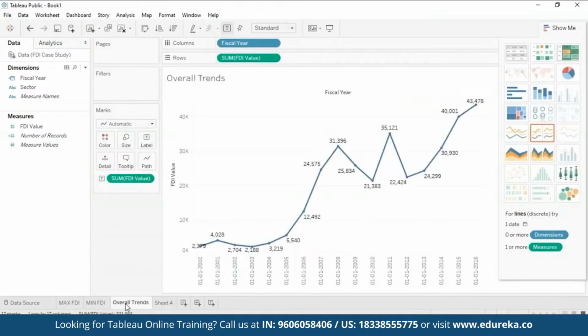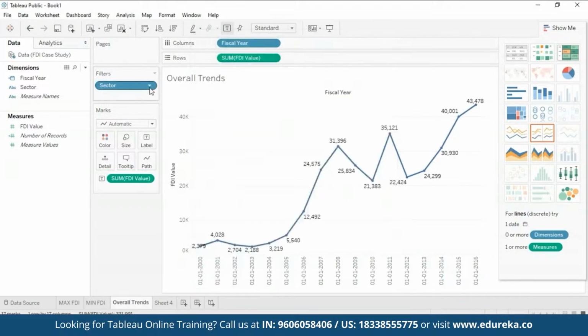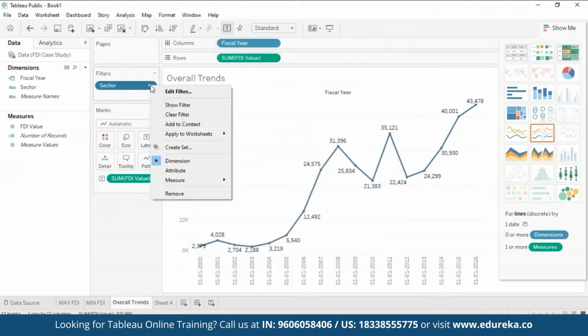Let's go back and finish what we started in the overall trends. So putting up a filter is pretty simple. You can either drag your sector dimension into filters, and you will get a filter based off of sectors. Then you can select all, apply, click OK, and then you can right click on the blue pill which says